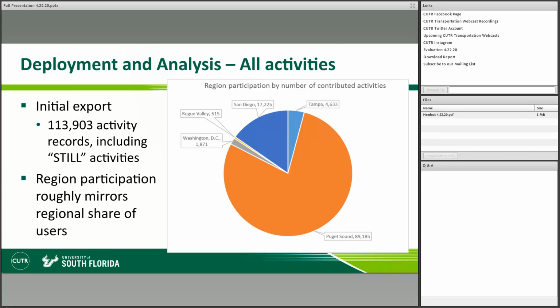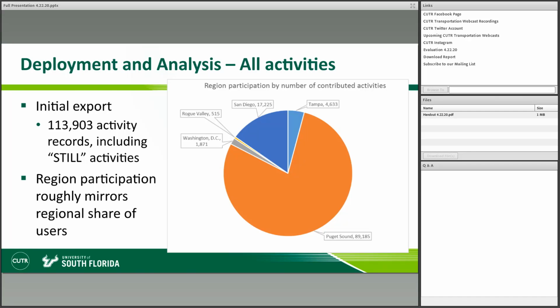In the initial export, looking at all activity transitions, which include transitions to still activities, which is the raw data that we get, there are almost 114,000 activity records. And just on the right is a rough share showing the different regions of where data was collected.